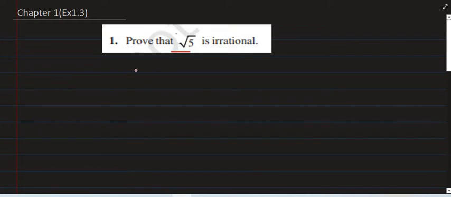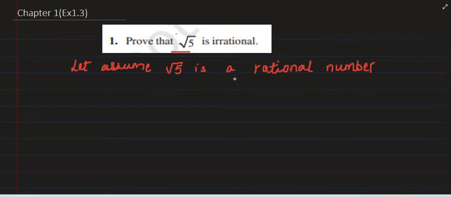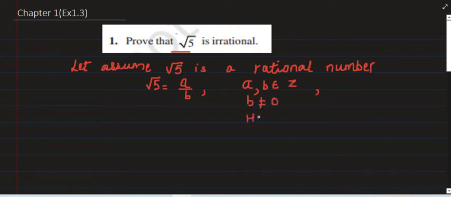We will be doing this question with the help of contradiction. Contradiction means we will be assuming that square root of 5 is a rational number. So let's assume that square root of 5 is a rational number. So let's say this square root of 5 is equal to a by b, where a and b belong to integers, b is not equal to 0, and HCF of these two numbers is 1. Now we will do cross multiplication and we will get a is equal to b times square root of 5. Now squaring